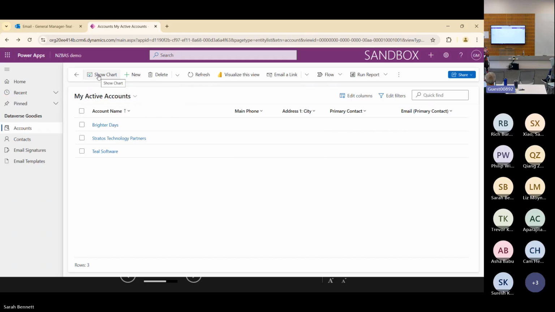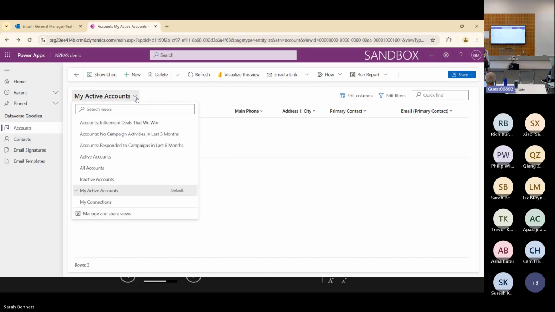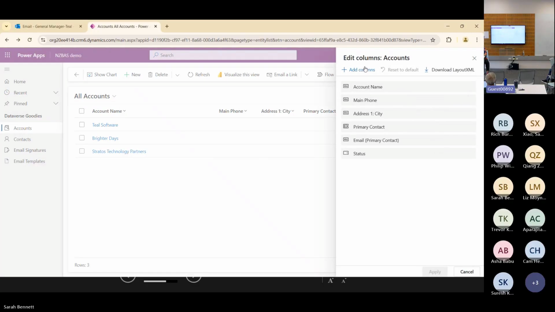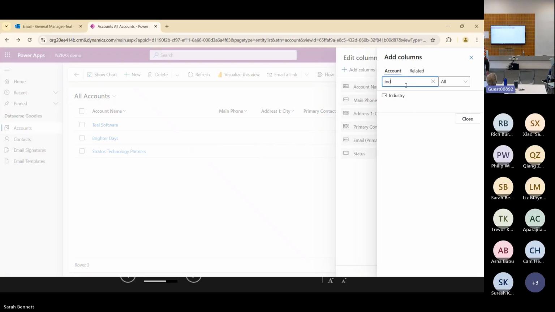So in model-driven apps, I haven't explained it yet, but what we're looking at here is a view. If I change this, I can change the view. And if you're used to working with SharePoint, this is very similar to SharePoint. When we have a library or a list, we can create lots of different views that filter the data in particular ways and have different columns. It's the same thing with Dataverse. So I can edit the columns, for example, and I will put in that industry one that I just